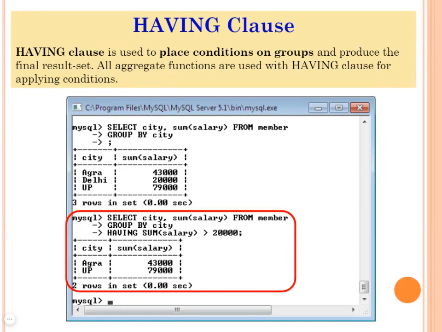HAVING SUM(salary) > 20000 means the sum of the salaries should be greater than 20,000. So again HAVING will remove Delhi from the result. So it will give only 43,000 and 79,000. Clear?